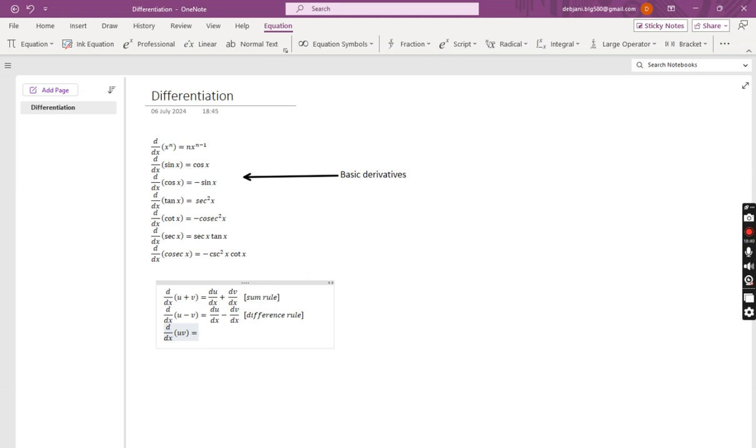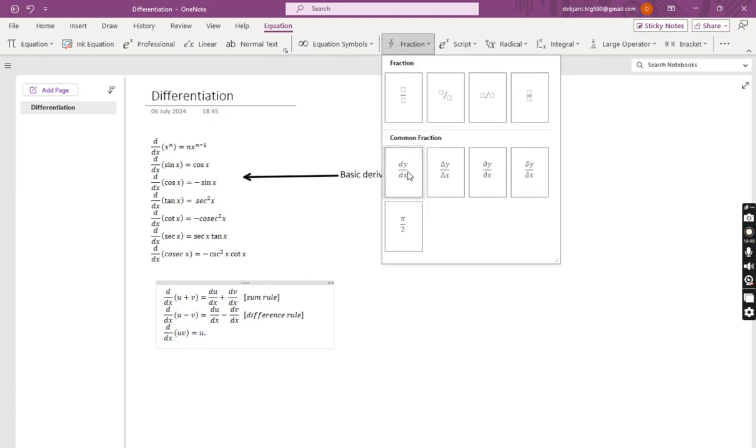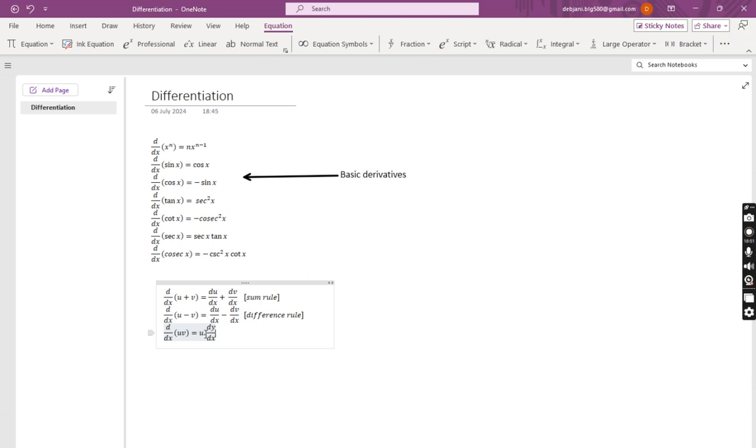So what we will do, we will multiply u with dv,